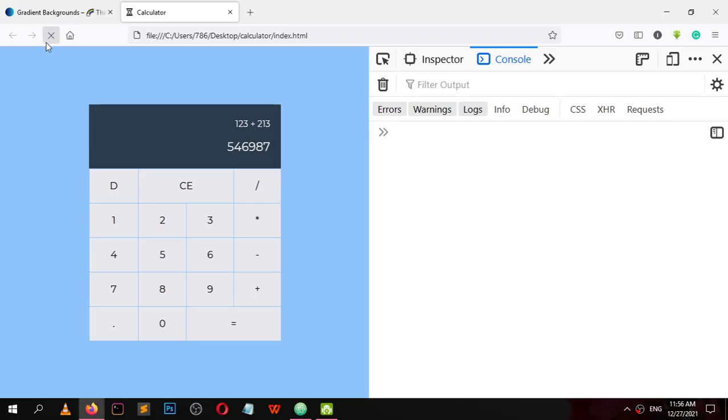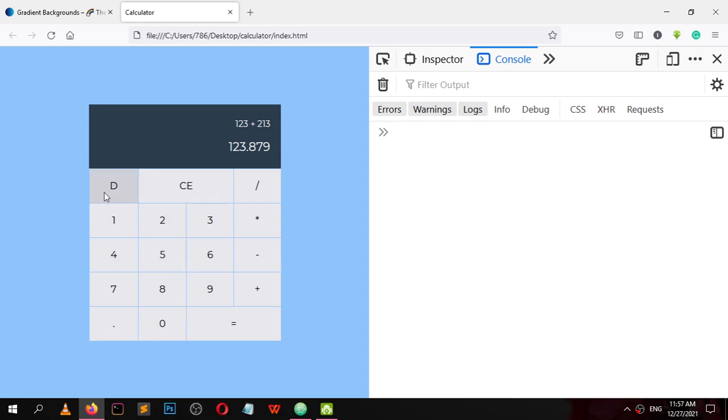Now reload. 1 2 3 dot, now this dot is here and click dot again. Now it will do nothing, it will simply return. Reload 1 2 3 dot 8 9 7, it will just simply return.